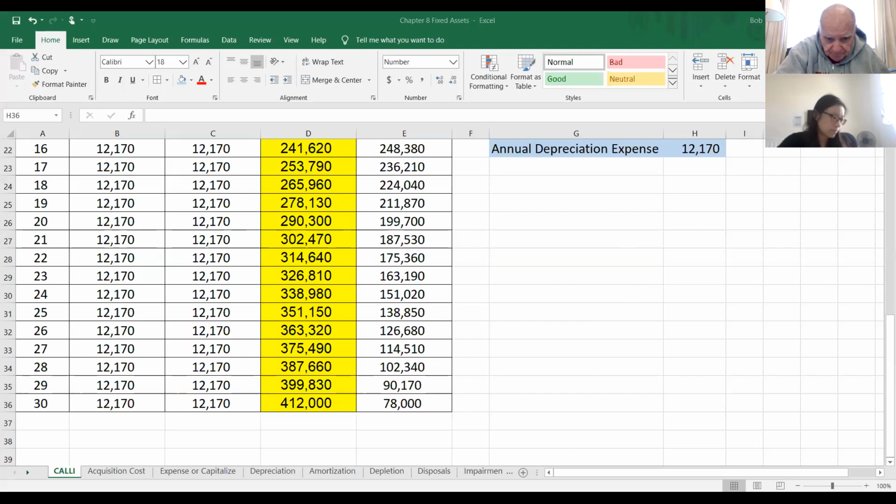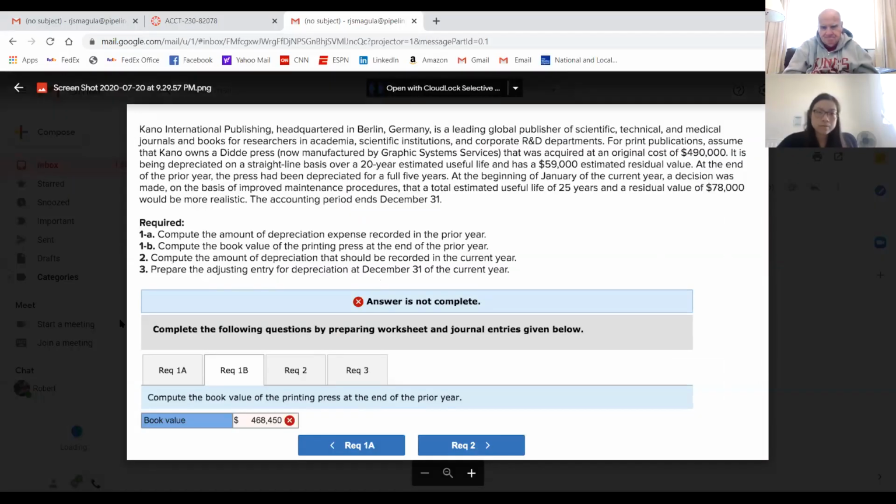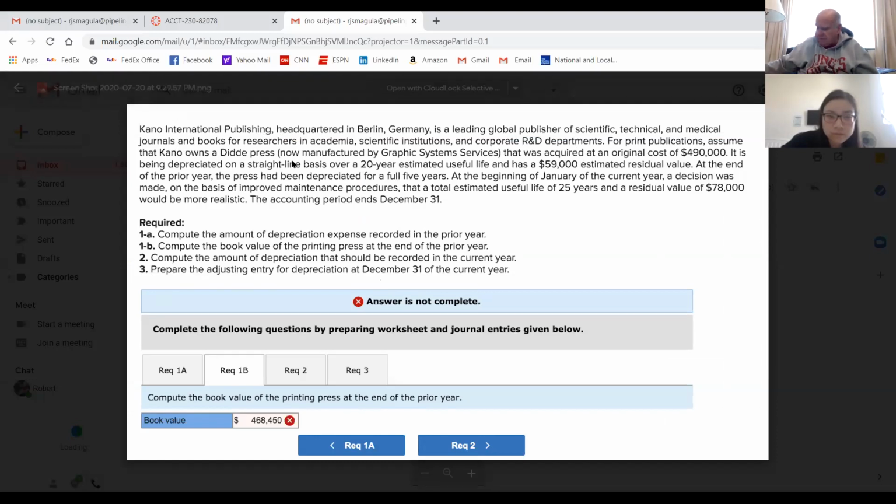Okay, this is what you sent me, right? Yes. This is a company in Germany. They publish scientific books, and they have a big printing press to get those words on paper. It cost them